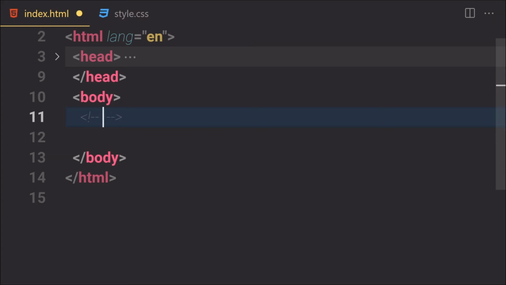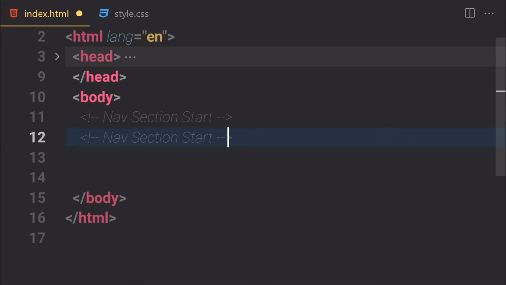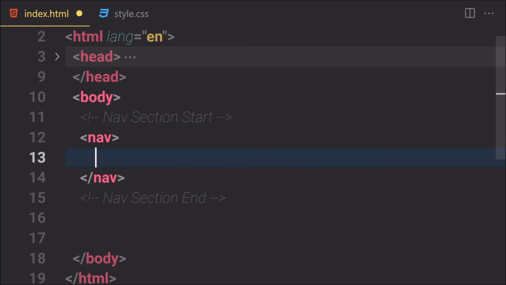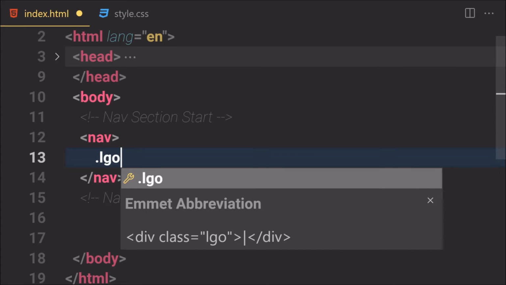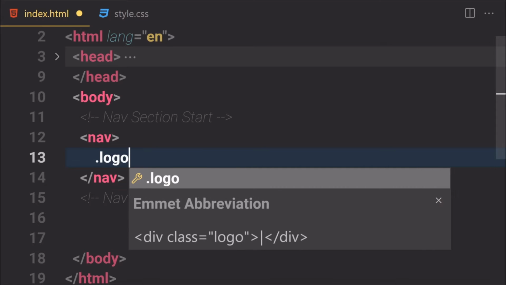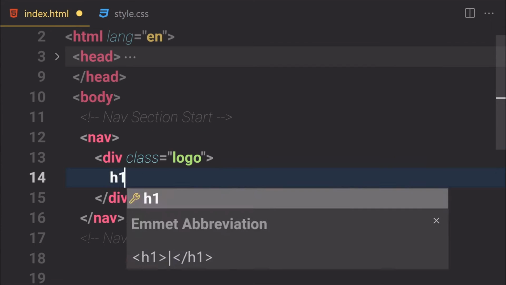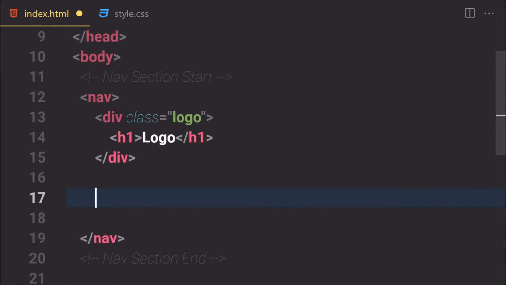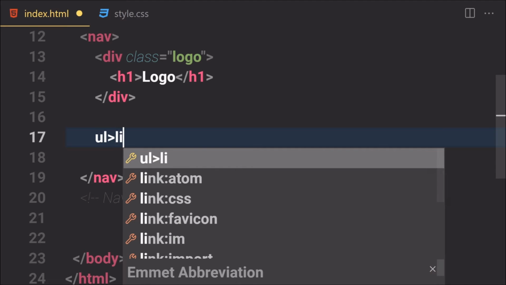The first thing which we are going to start working on is our nav section. So we are going to start working on our navigation area first of all. So I'm going to write a comment like nav start. Alright, so now let's duplicate that and change this one to nav section end, and inside that we are going to be writing our navigation. Inside this navigation we are going to be creating a div with a class of logo, because we are going to be putting our logo inside this div. Now inside that we are going to write an h1 with a label of logo. Alright, so outside from there I'm going to write a ul and then li, then an anchor tag,